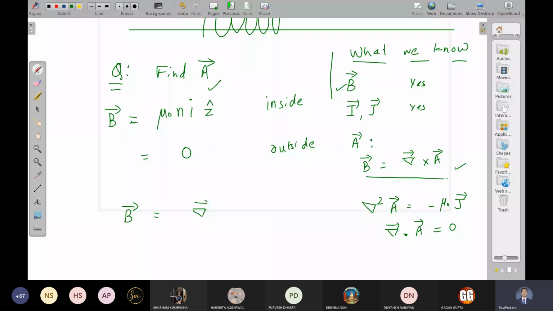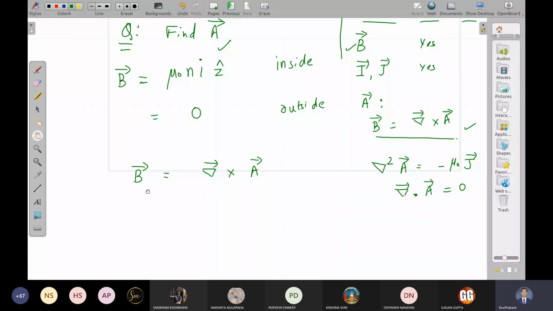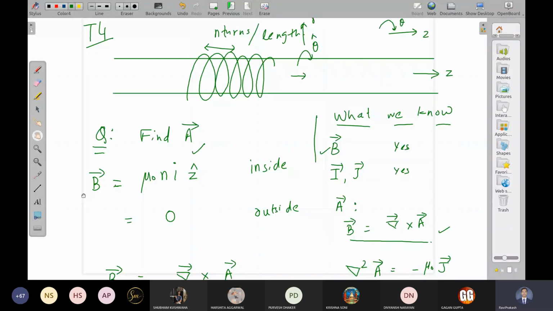Obviously, this is not very easy to deal with, but if we change this equation somewhat, then we can get some meaningful results. Let us say I want to calculate the vector potential at this point. This is the axis of the solenoid, and this point is at a distance, let us say r. The solenoid's radius is capital R. I want to know my vector field at this point.